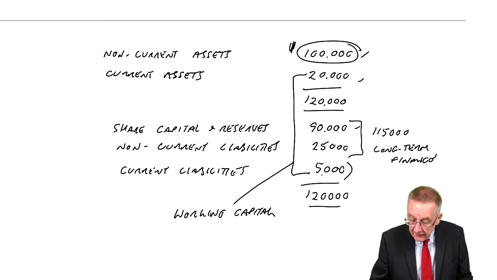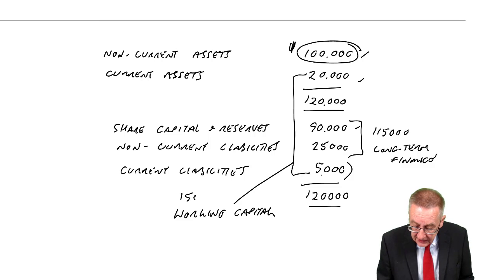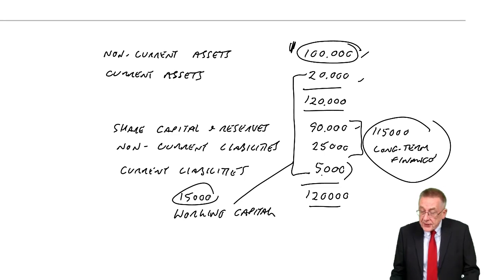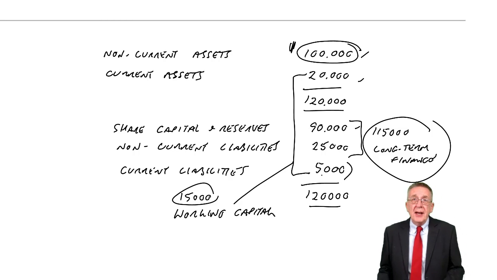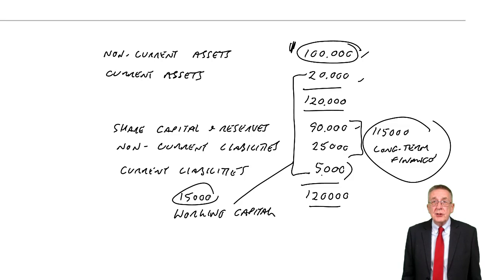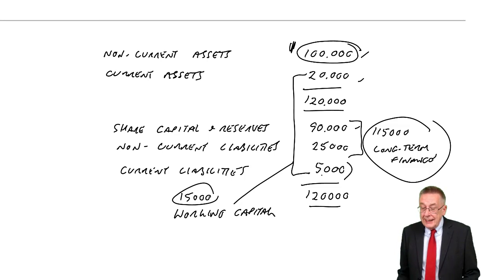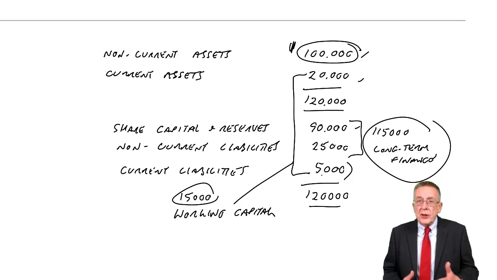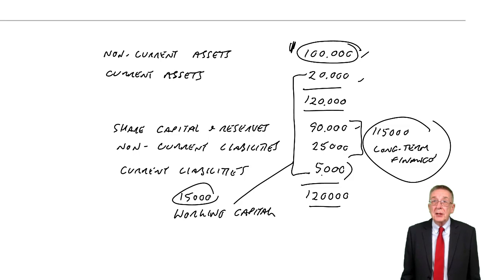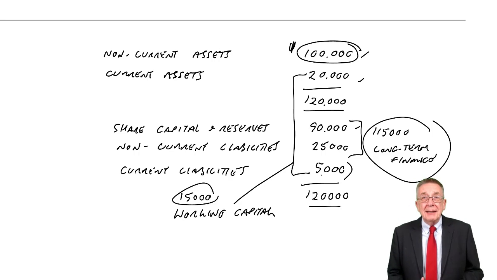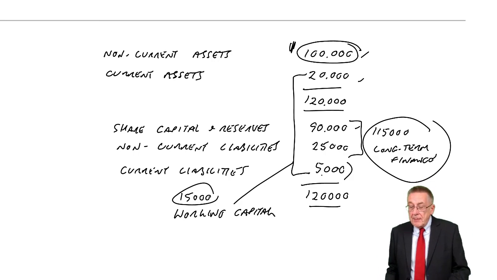So not only is it inefficient, but that 15,000 has effectively been borrowed. 100,000 in non-current assets, 15,000 in working capital. They've borrowed that money. It's part of the 115 long-term finance. And it's costing them to borrow money. The shareholder finance, they'll be wanting a dividend. Obviously, long-term loans will be having to pay interest. So it's costing money to get that 15,000, and the 15,000 isn't actually earning anything. And so although we accept we need a level of working capital, we do need to manage it properly. We don't want to let it get too high, because we'd be better off